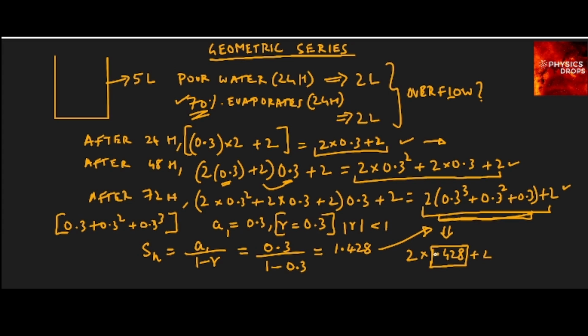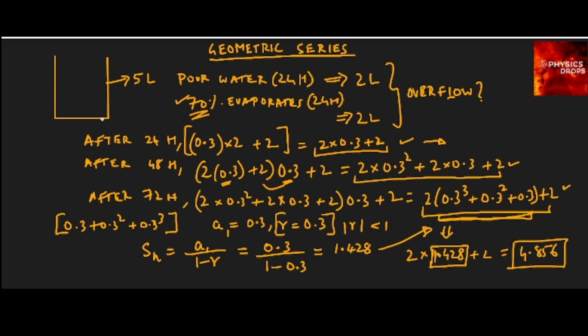This is not going to change, the change is very negligible, and we know that it approaches 0. So after some point it's going to be stable at 1.428. That's a converged value. So when we evaluate this, 2 times 1.428 plus 2 gives 4.856. So this would be the value at which the water level would converge as we keep pouring 2 liters